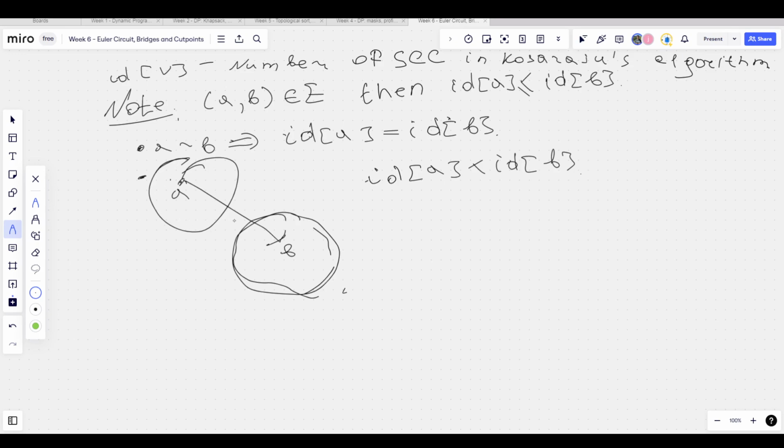We get that ID B is less than ID A. If ID A is greater than ID B, then we launch the DFS from this component, and we get into this component, because